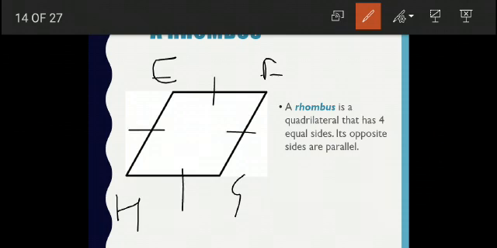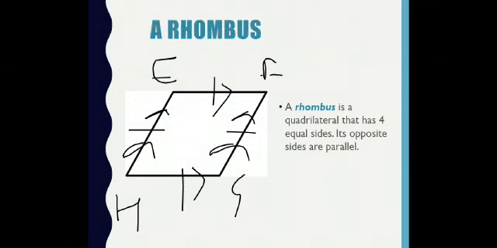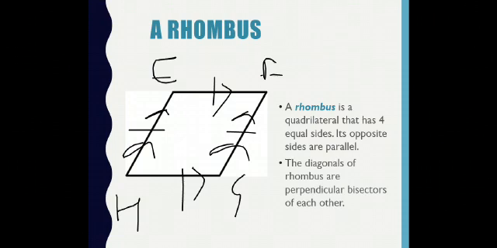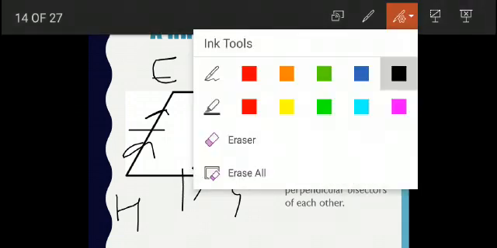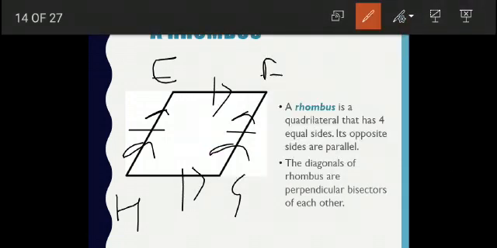All the sides of a rhombus are equal and both opposite pairs are parallel to each other. So in a rhombus we have four sides equal. And a very important property of the diagonals of the rhombus is that the diagonals of a rhombus are perpendicular bisectors of each other. Although the diagonals are not equal, they are perpendicular bisectors of each other, which means